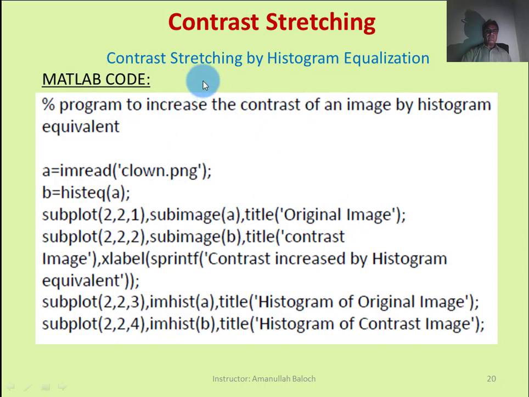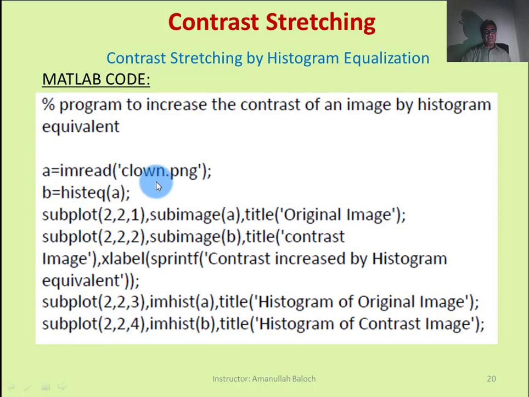This is actually histogram equalization. Here we do not use any for loops and we do not transform the pixels ourselves, but we use the histogram equalization built-in function, and we apply it on the original image A, or the input image A, and transform it into the output image B. You may see it, clone.png.